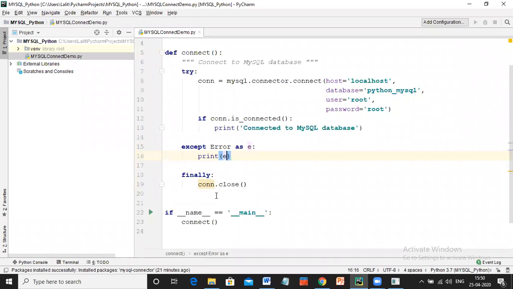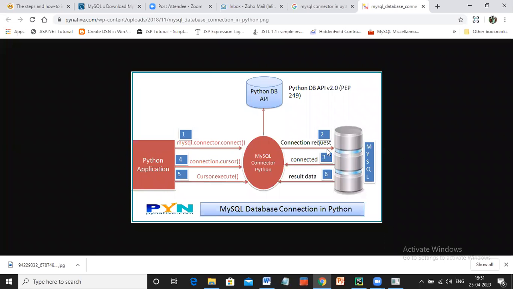And then the most important thing: if there is an exception, it will catch the exception and close the connection. Means the connection will be disconnected.